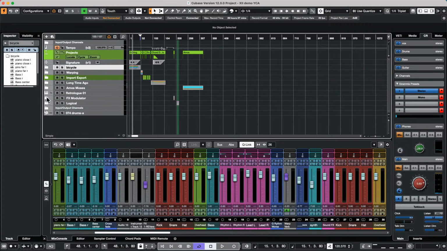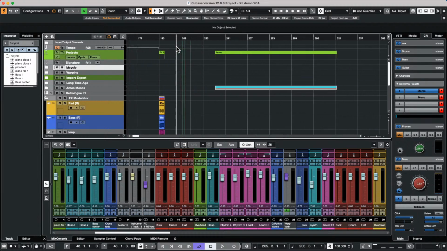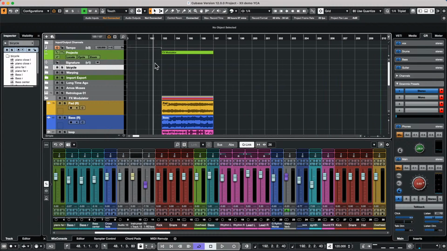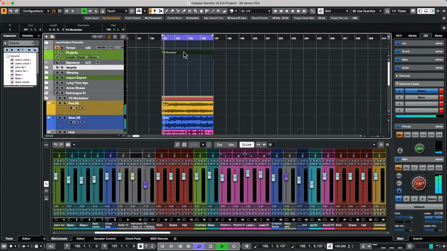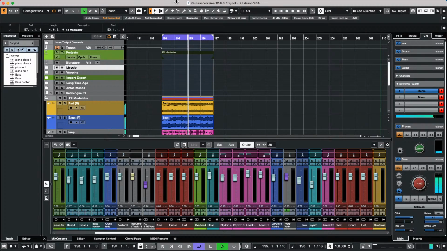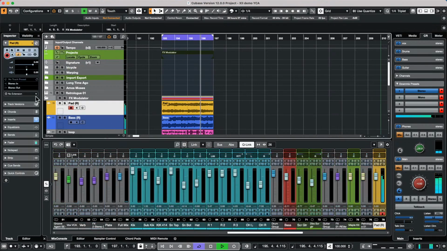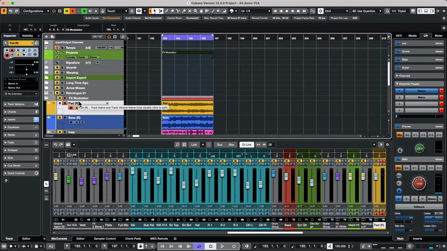Okay, so the FX modulator allows you to do more LFO type of effects. I'll just put this into a loop. Let's say I want it to come here, and I want to do something more interesting with this pad sound rhythmically. I have a very simple idea, but I need more activity, more interest in a particular sound. So what I could do is open up my FX modulator